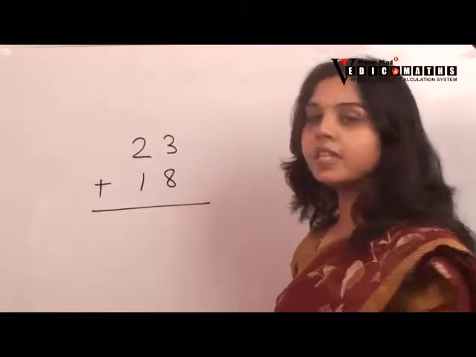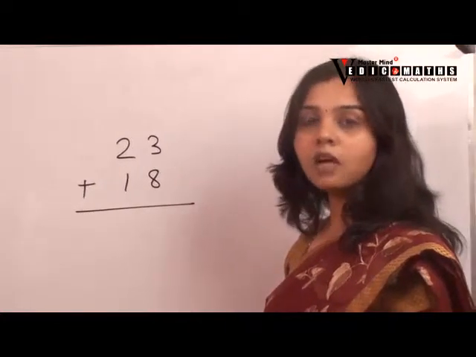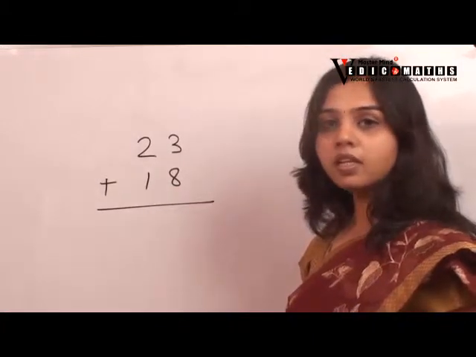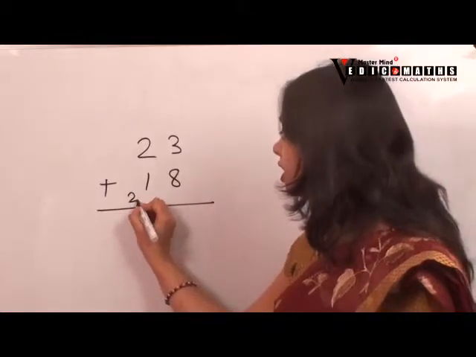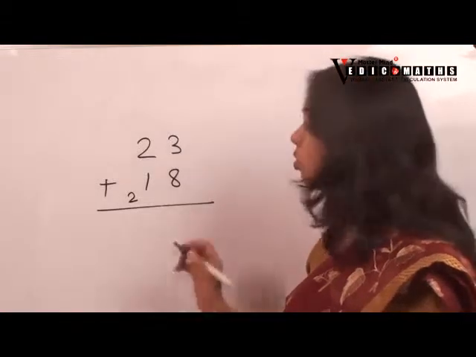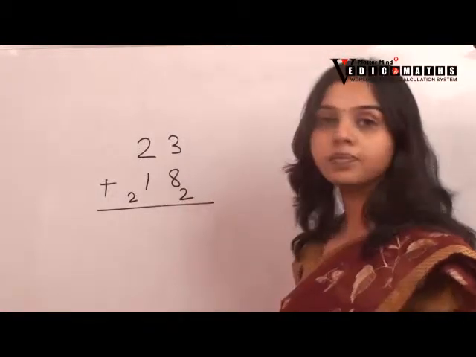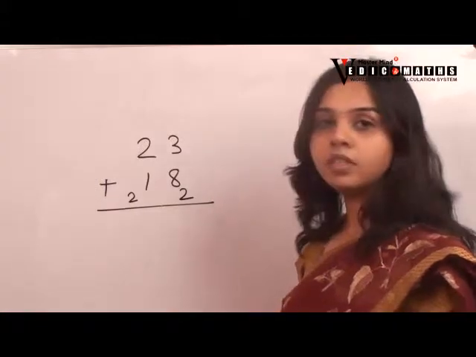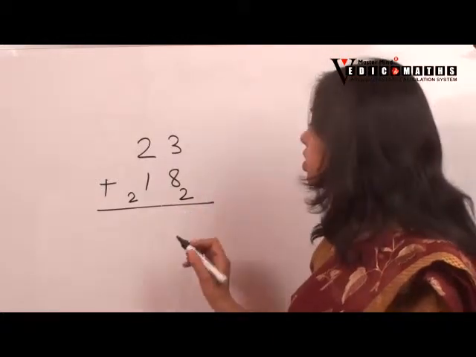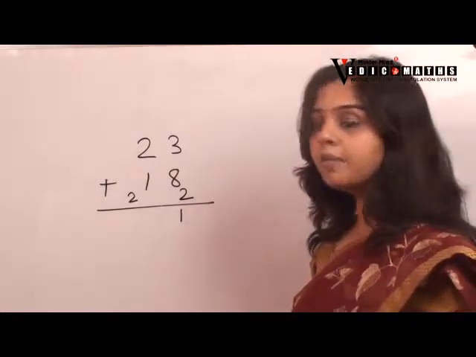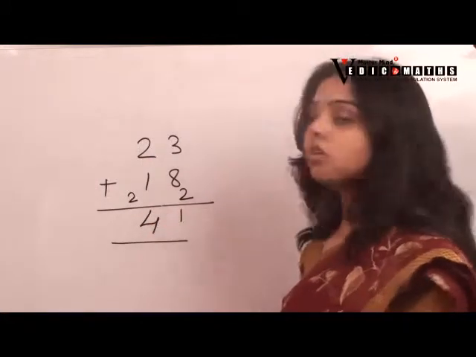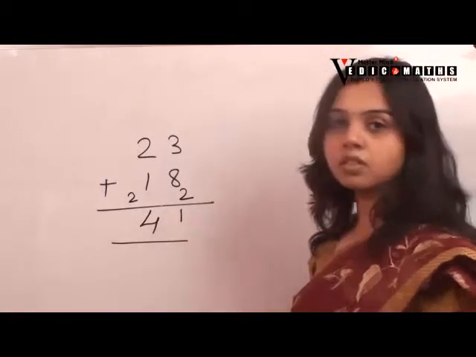Our question is 23 plus 18. To verify the answer, firstly we have to find the answer. Base of 18. Base of 18 is 20. That means we have to write 2 at 10's place. And complement of 8. Complement of 8 is 2. That means 2 will be here. We are doing addition, so the rule for addition is less the complement. 3 minus 2 is 1, and add the base. This is the base, so 2 plus 2 is 4. Our answer is 41. We have to check this answer.